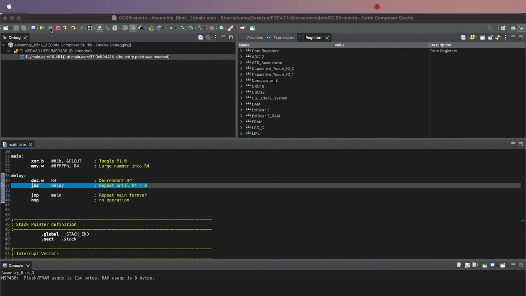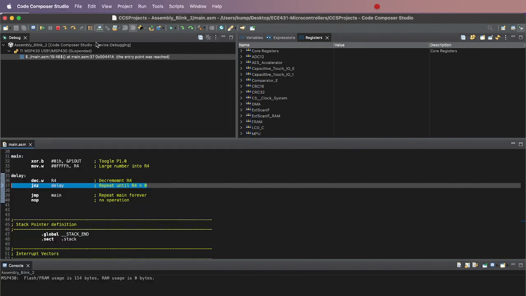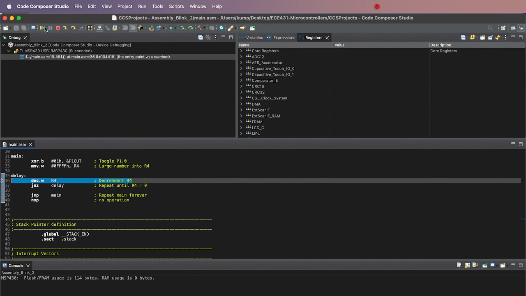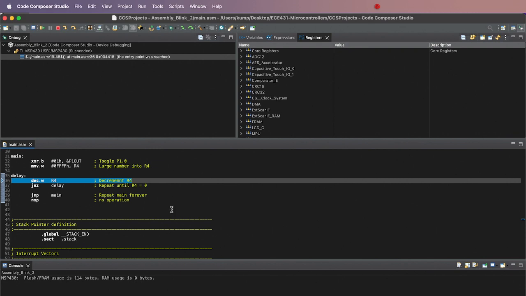Right now, if I bring it up, the LED is on. It's illuminated. And let me see if I can resume and then suspend it with it off. Nope. Okay, now I was able to suspend it with the LED off. Right now the LED is off. So now if I resume again, it's flashing for me,